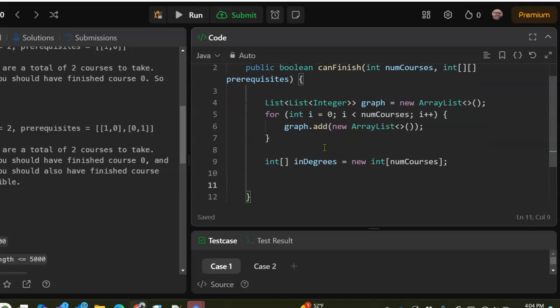Okay, now we're going to populate the graph, populate the inDegrees array. So to do that, we've got to go through the prerequisites input. So for each integer array, that's the 2-element array, prereq